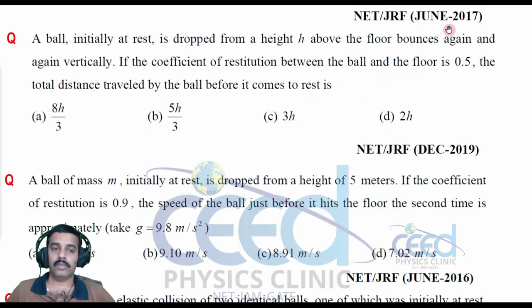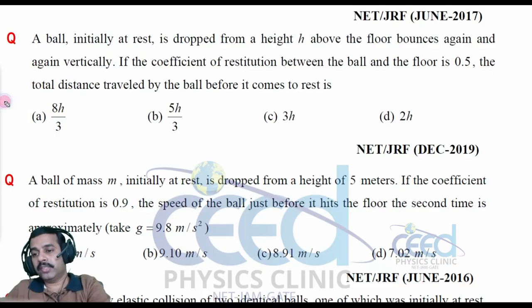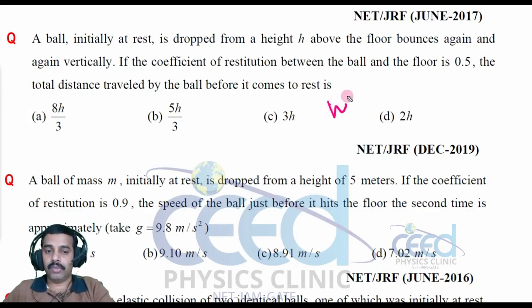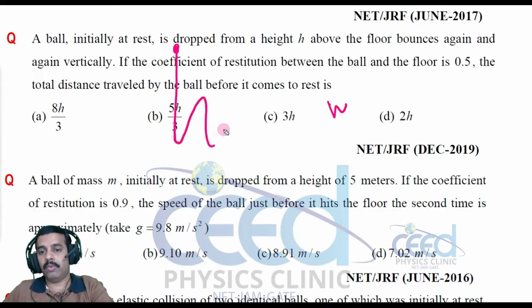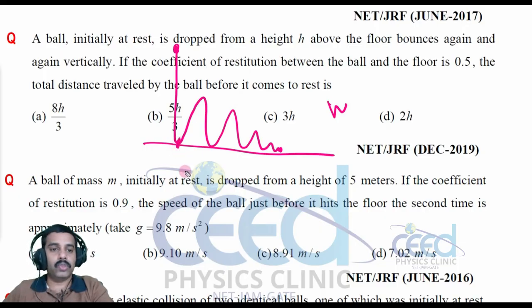All right. So during the theory section, we have already derived the total distance covered before it comes to rest, in terms of the coefficient of restitution. If it falls from a height h and the ball finally comes to rest, with the coefficient of restitution given, then it is h into (1 plus e square) divided by (1 minus e square). This is the relation which we have derived,